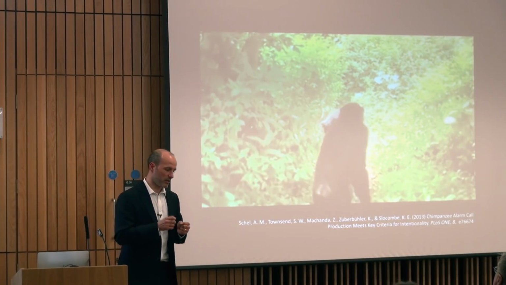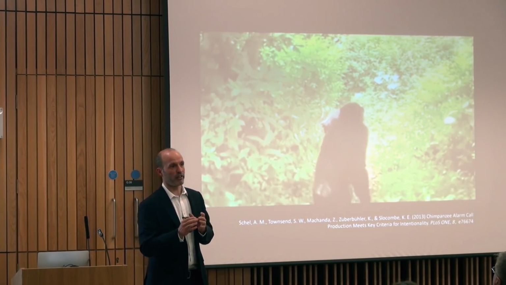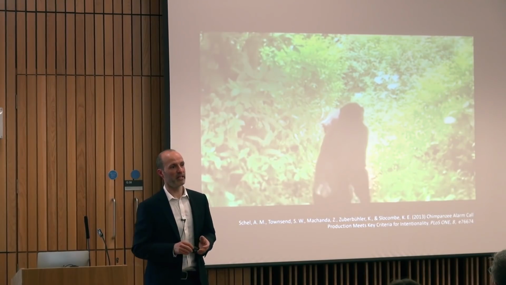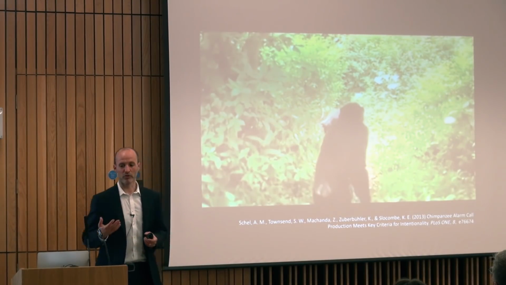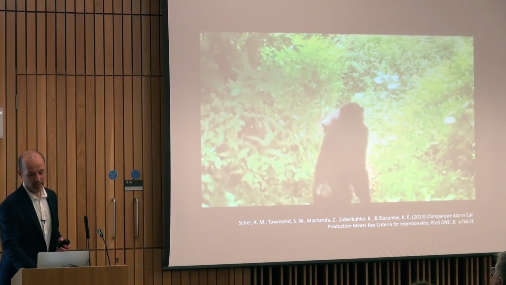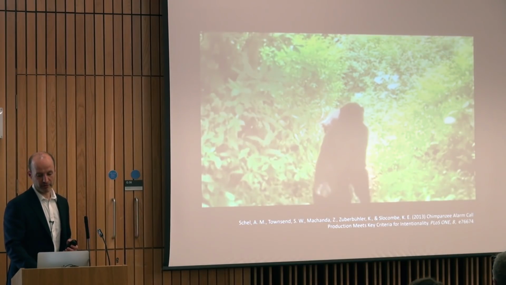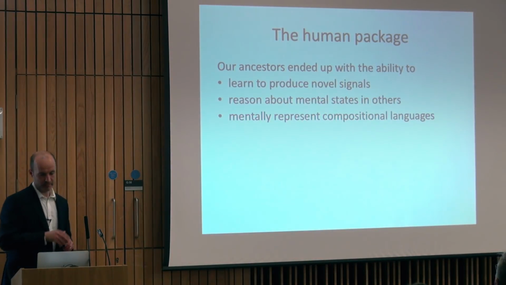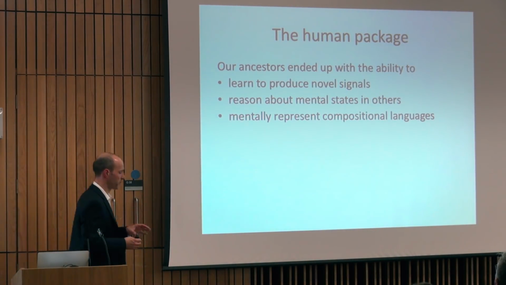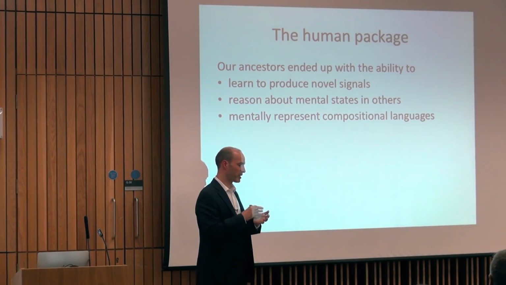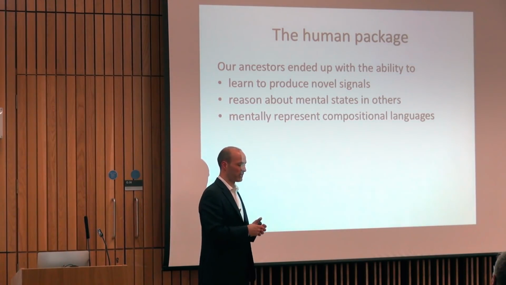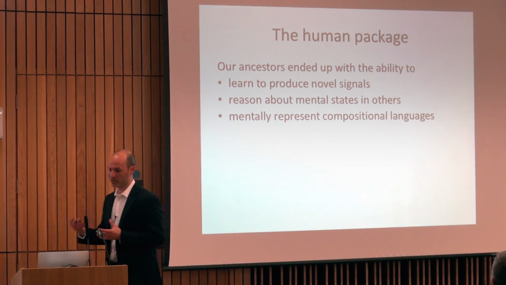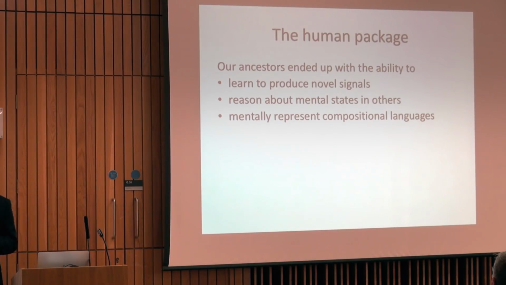And if you want to be able to learn or use a full-fledged linguistic system, you have to be capable of making those kinds of inferences. And our closest relatives might be capable of some relatively rudimentary inferences along those lines. Okay. And there are similar examples of similar suggestive evidence for the capacity to do learning of complex signals and also representing compositional grammars in non-human animals, and in particular in our closest living relatives.